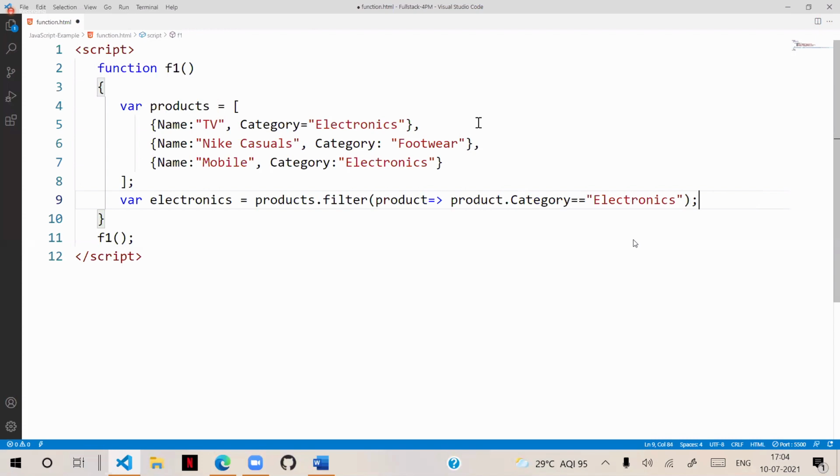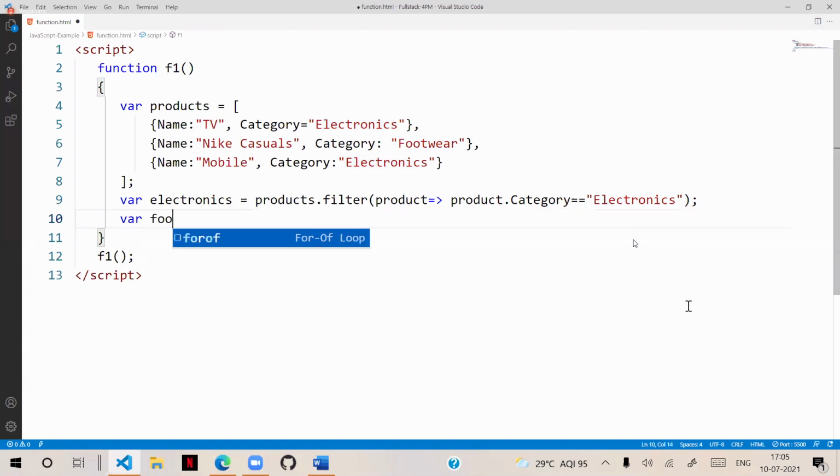That means this is the parameter. This is a function. The function has a parameter, product. It will read every product from the products, check whether the product category is matching with electronics, and it will return the result. Earlier, we had to do this in a lengthy way. Suppose I have to do that for footwear.